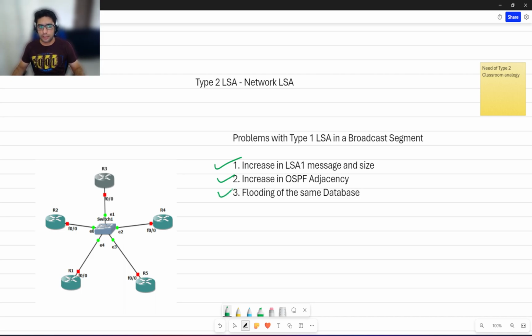So in order to solve this, we thought, why not have 2 routers that have the whole database with them, and let all the other routers get this database information from these 2 routers, right? In order to explain this, let us go back to